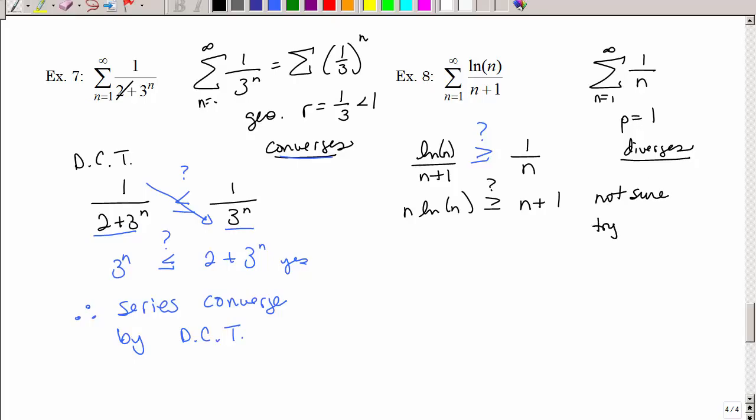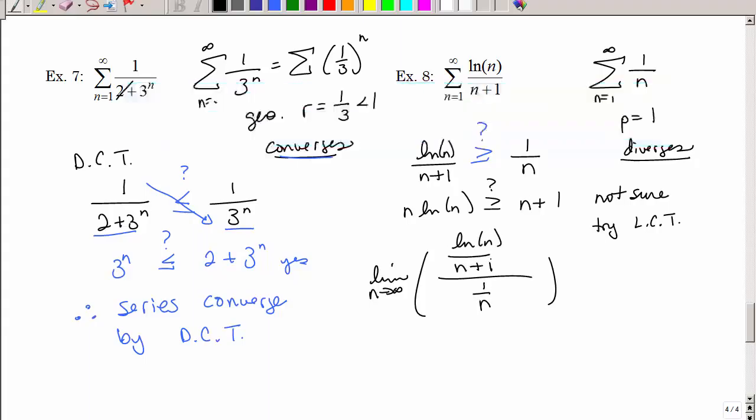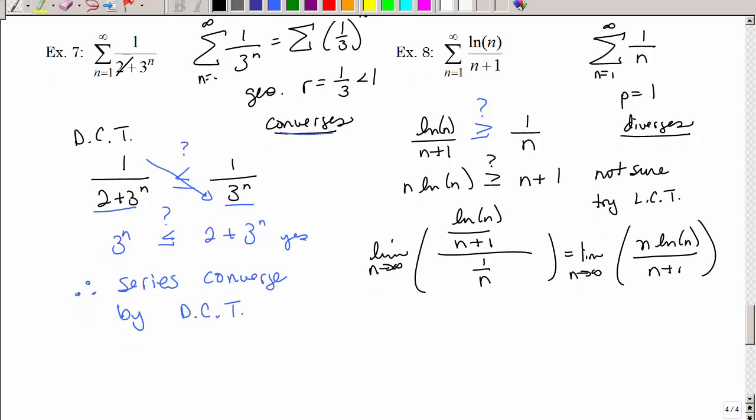So we're going to try the limit comparison test. Okay, so I'm going to take the limit as n approaches infinity of what I'm comparing it to goes on the bottom, and what I'm given goes on the top. Again, you want to simplify that fraction as much as possible, and so if I flip and multiply, I'm going to have n times the natural log of n divided by n plus 1. How do I take that limit? Well, as n approaches infinity, I believe I have infinity over infinity, so I'm going to use L'Hopital's rule,